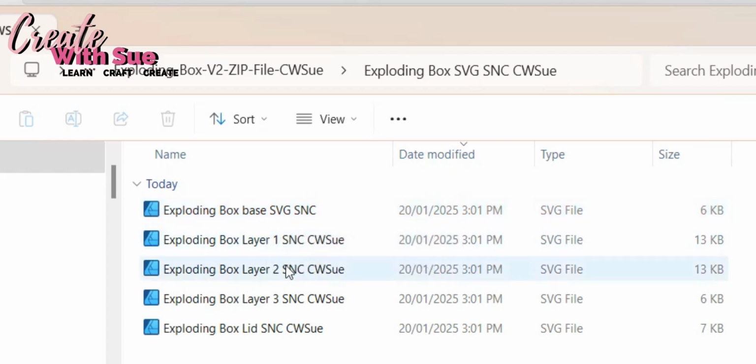It has the base, layer 1, layer 2, layer 3 and the lid. So this is a box with a lid. You can make some alterations with it if you would like to. It's up to you. And I've opened Canvas Workspace in the background here, so I'm going to just get rid